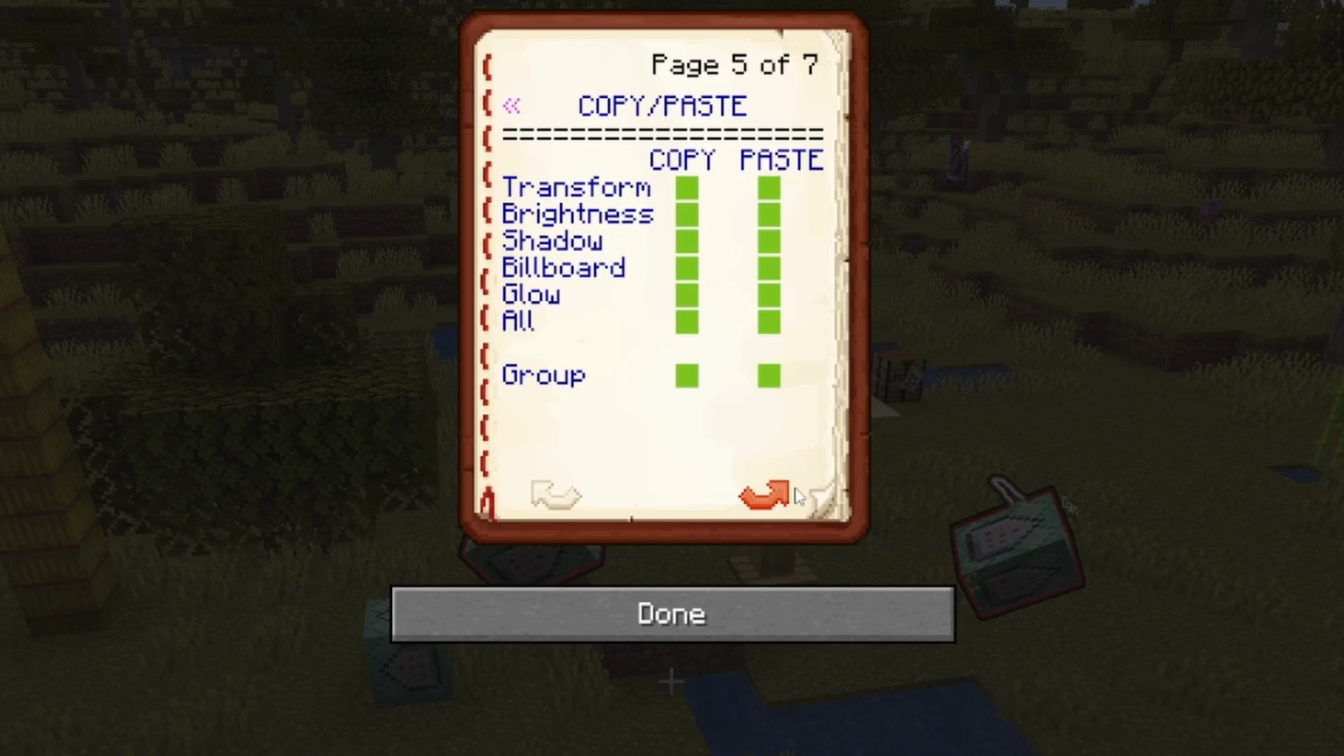You can pick and choose what data gets copied by choosing the corresponding copy button. For example, if I wanted to copy the shadow data, I can hit copy right here. Or if I wanted to copy everything, I can copy all properties. And you can pick and choose what data gets pasted by choosing the corresponding paste button. So if I wanted to paste the brightness data that I have copied, I can click on the paste button